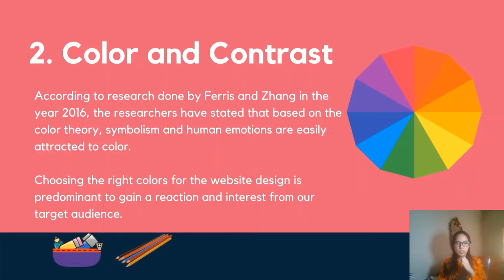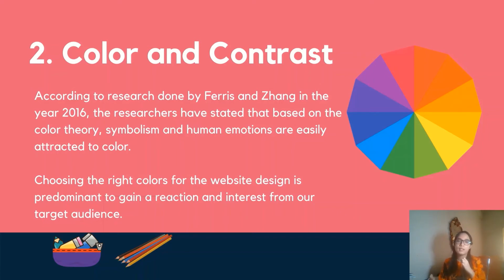According to research done by Ferris and Zhang in 2016, based on color theory, symbolism and human emotions are easily attracted to color. Also, in visual design, choosing the right colors for the web page is crucial to gain a reaction from our targeted audience. We can utilize colors to steer our visitors' emotions or respond to a call to action on our